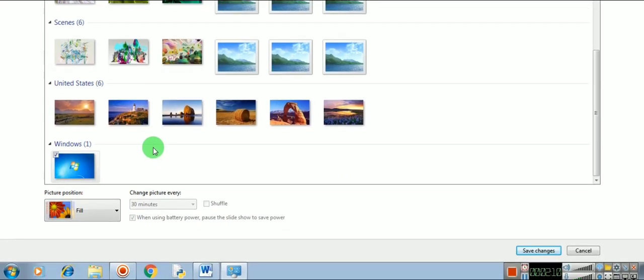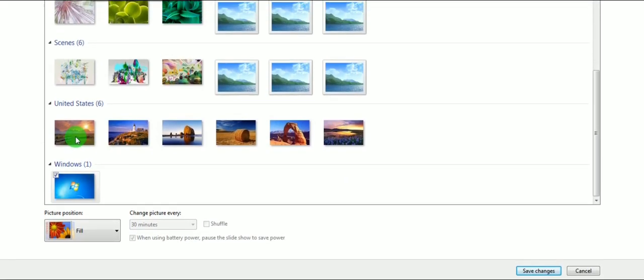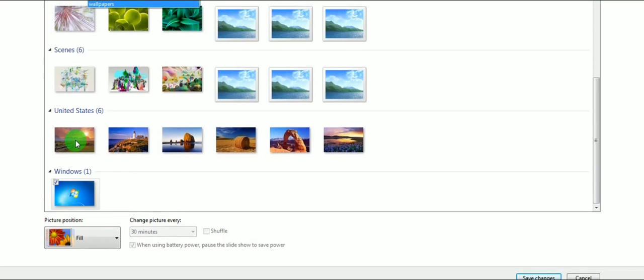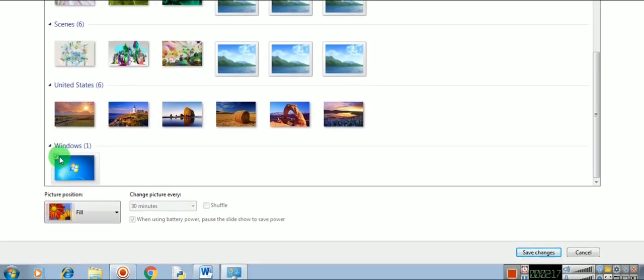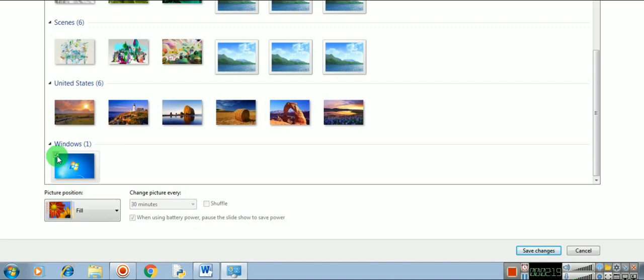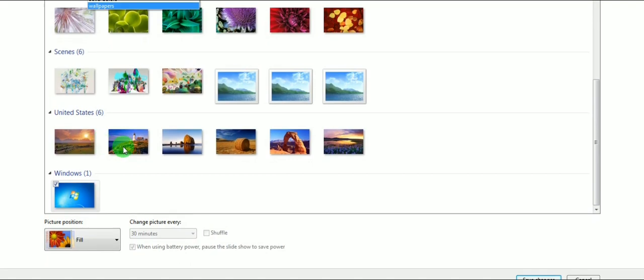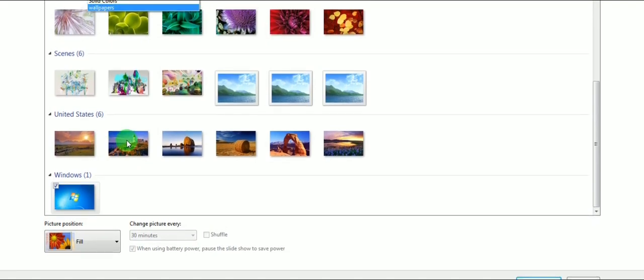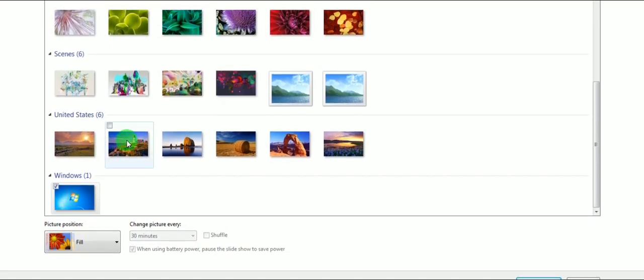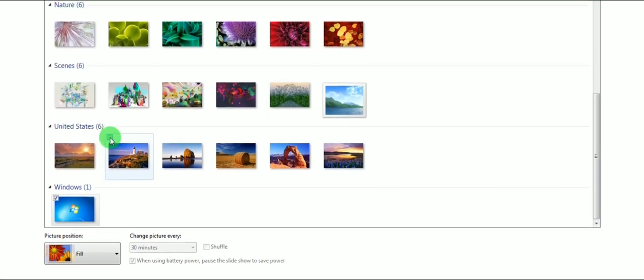For children, I want to choose this background. Fine. I will click here. You can see this box is already checked. Why? Because this is the background that I have on my desktop. Now I want to change it. I will click here. Okay, this is beautiful.